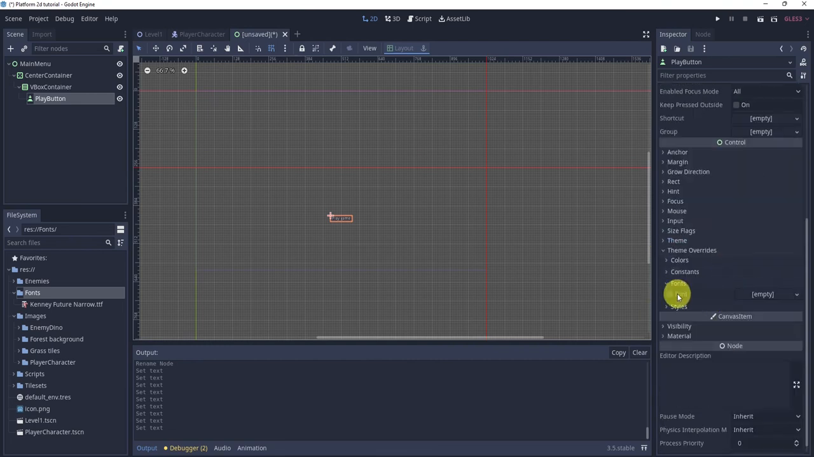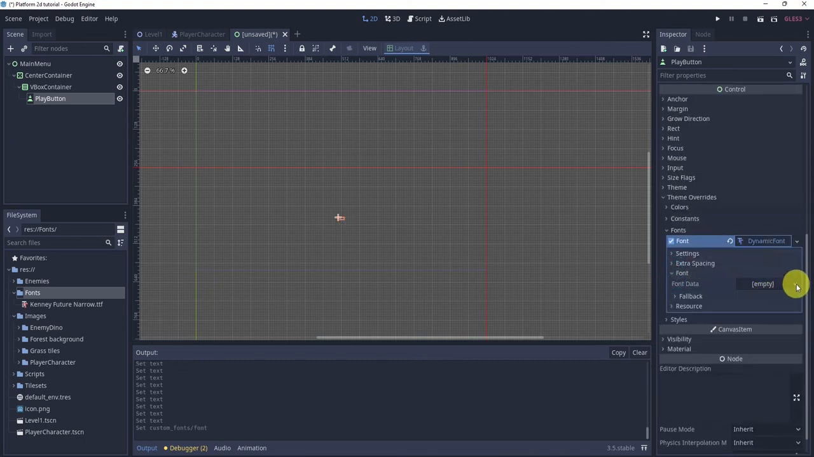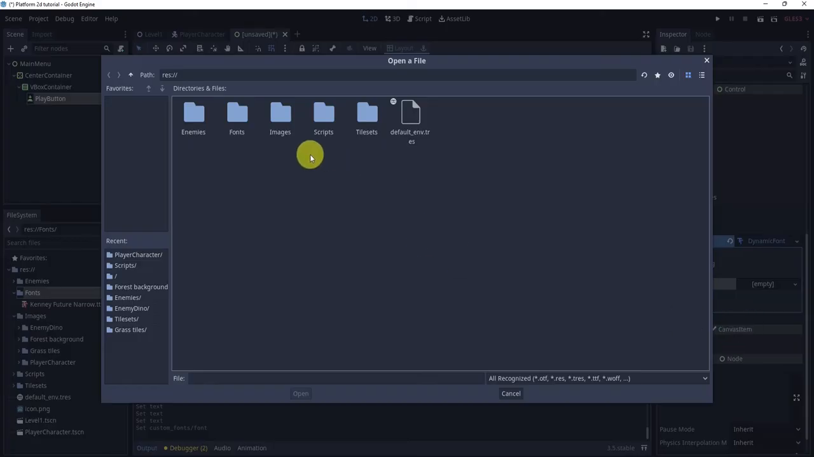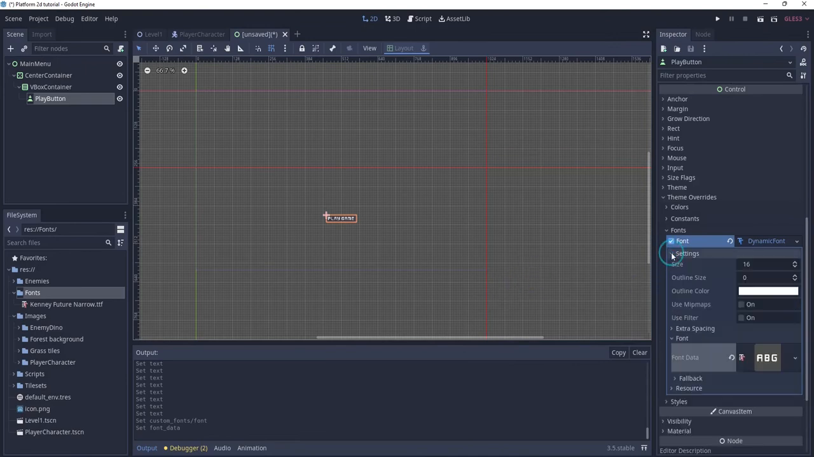Theme overrides, click fonts and choose new dynamic font, click dynamic font, and inside font choose load. Inside font we have our font, Kenney Future Narrow, and we can change options like size,